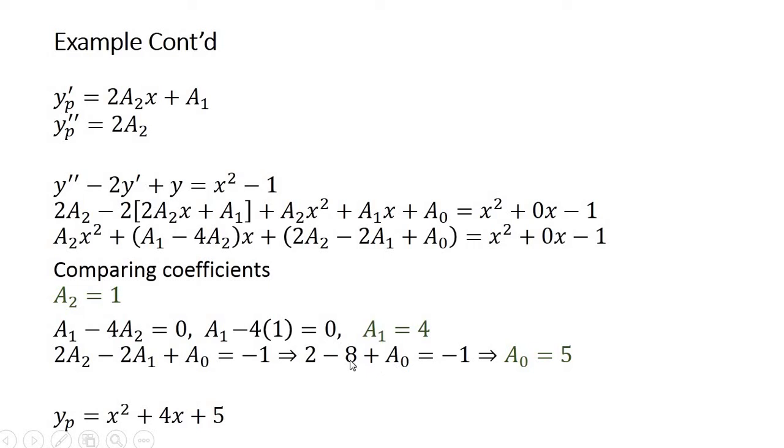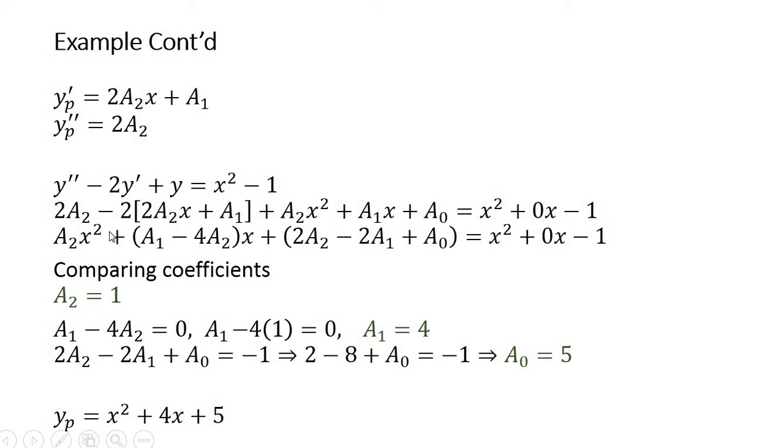This will give us minus 6, taking minus 6 to the other side, so this will be plus. So 6 minus 1, so this will give you a naught is 5. So now that you have got your constants a2, a1 and a naught,